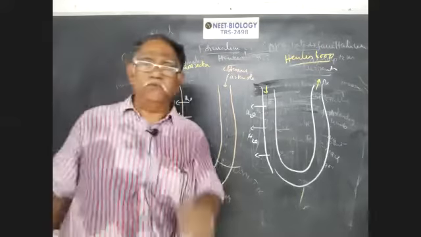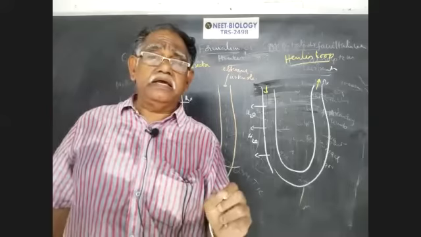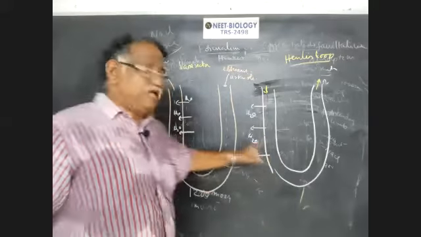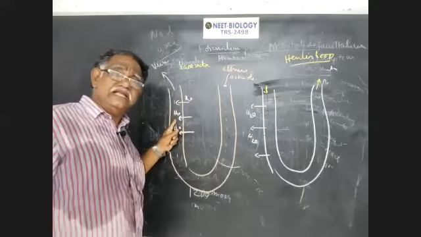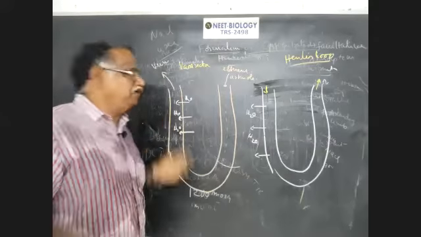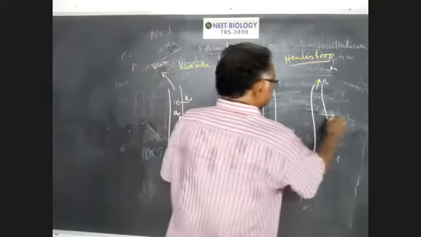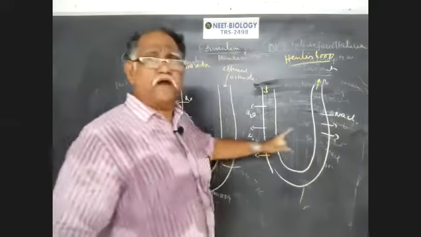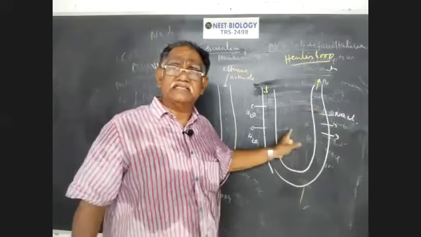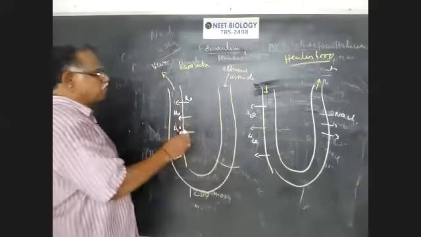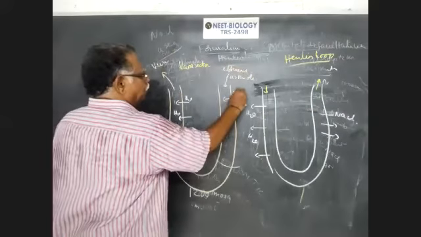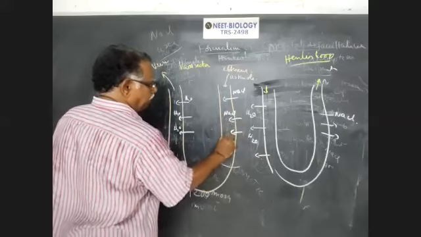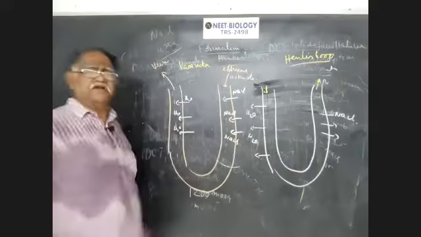Important point, write down. The water enters into the interstitium through the descending limb of Henle's loop, and again re-enters into the ascending limb of the vasa recta. And next one, sodium chloride comes out from the ascending limb into the interstitium. So the sodium chloride again enters into the descending limb of the vasa recta. These are the two important points.